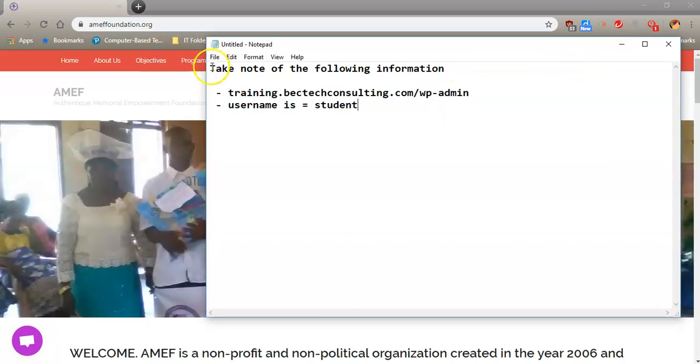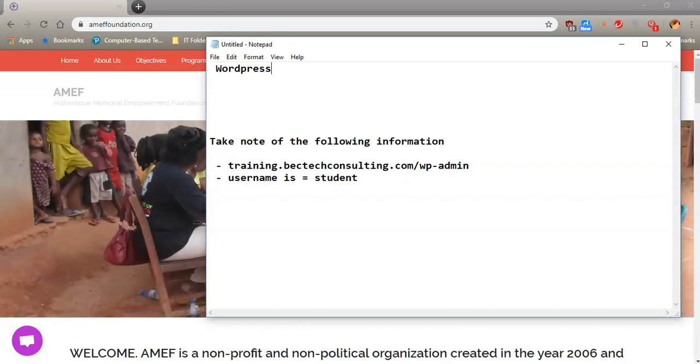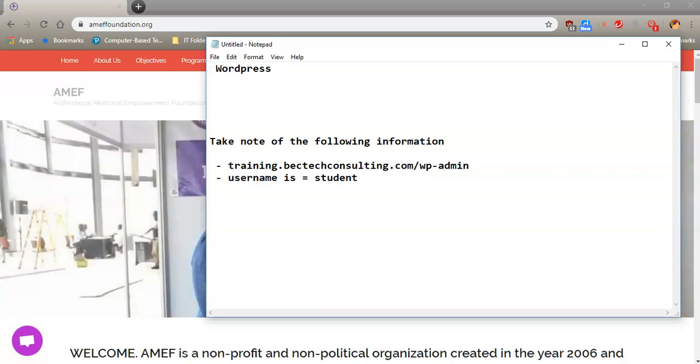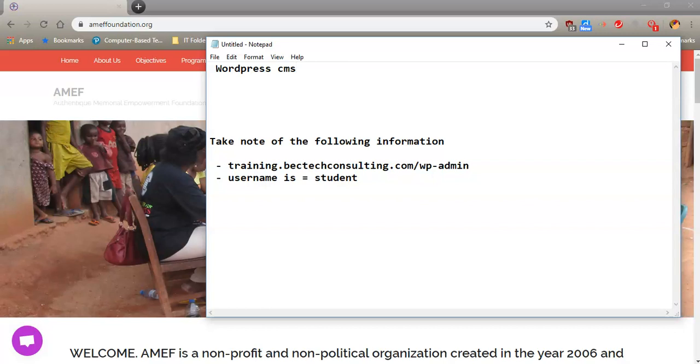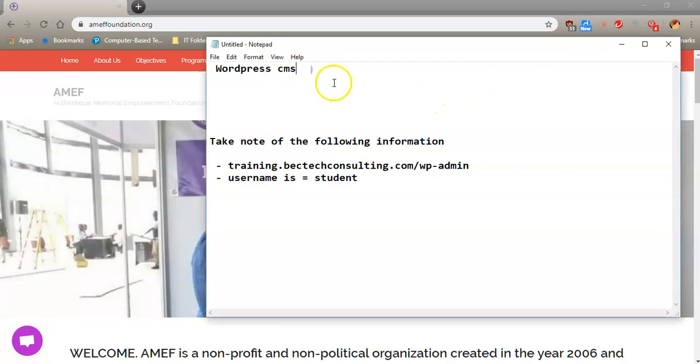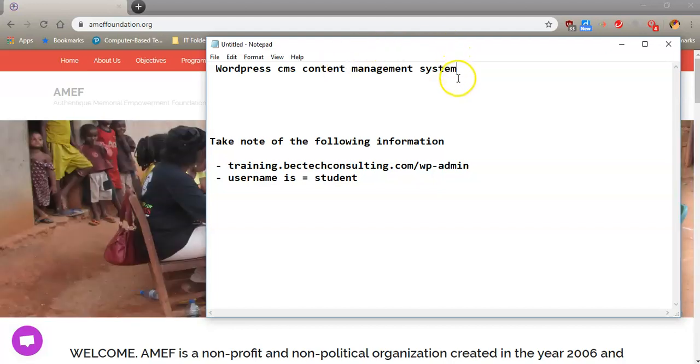AMEFtraining1 was built using what we call WordPress, spelled like this. WordPress. WordPress is an application or a tool which is used in managing content. Normally they know it as what we call CMS, which means content management system. They use WordPress in building websites, in building blogs, uploading content and making it available